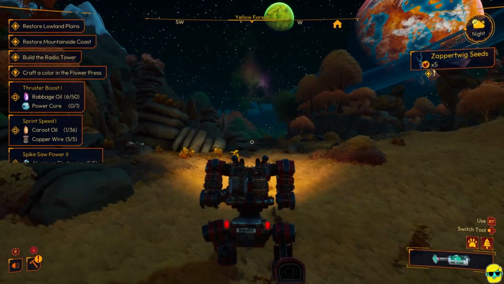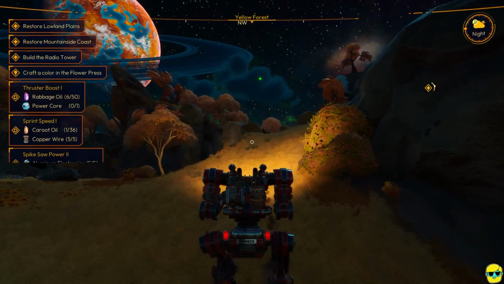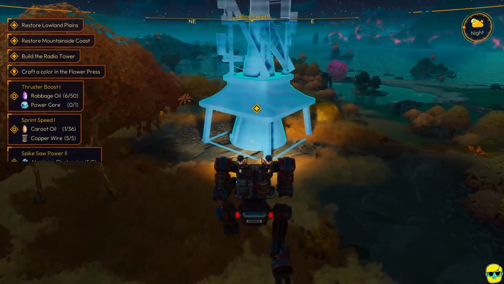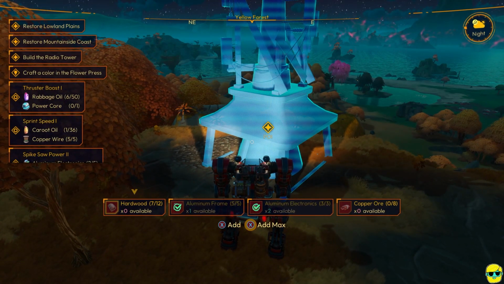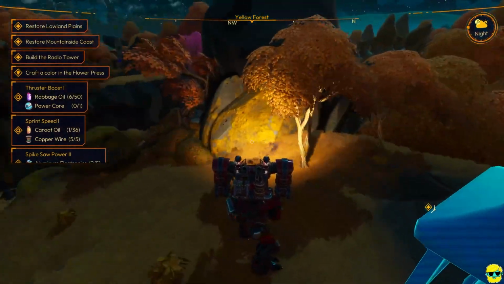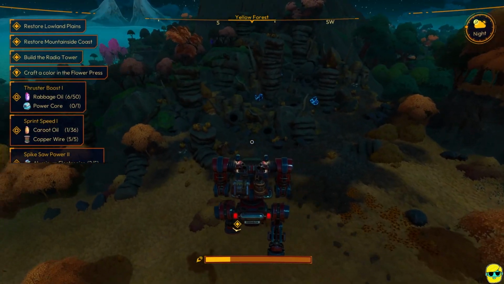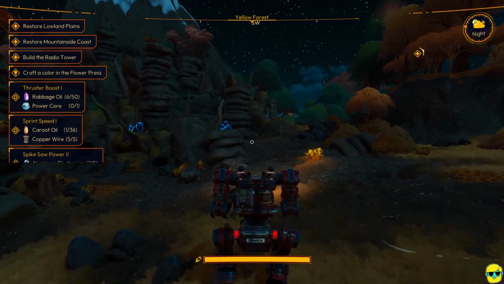Alright. Now, you'll notice that the radio tower is always marked for the quest, so you don't have to pin it or anything. It'll just be here. We could deliver some stuff. Does it need hardwood or something strange like that? It does. Alright, so we got all the aluminum parts that it needs and all the frames that it needs. It just needs some hardwood, and we've already given it 7, and it also needs some copper ore. So we're actually kind of in the marketplace to do that if we just head over